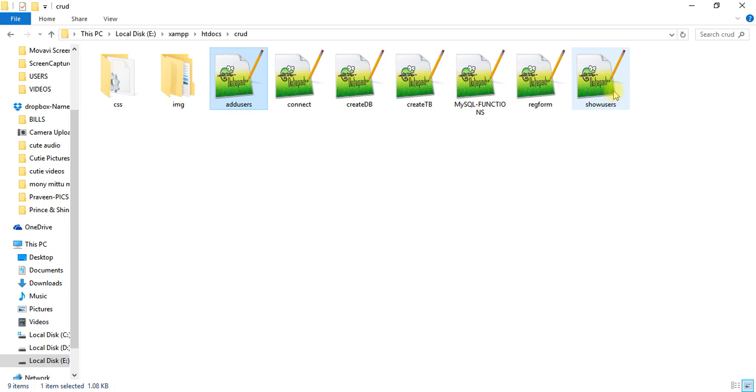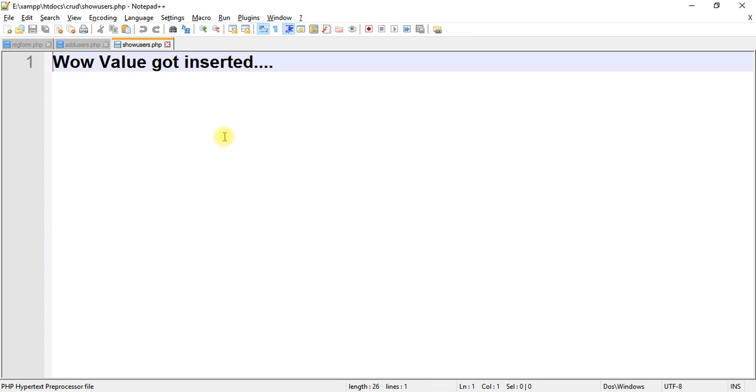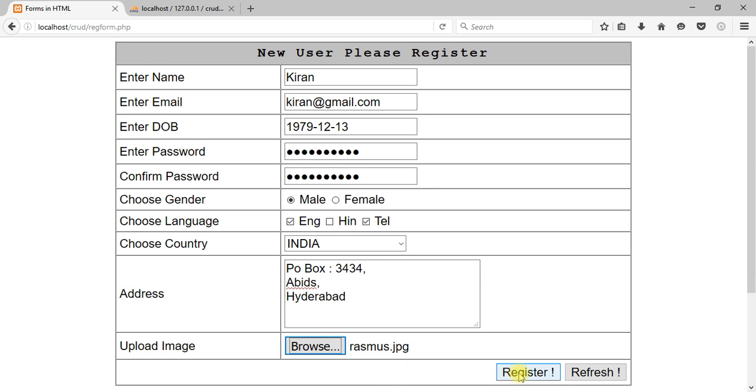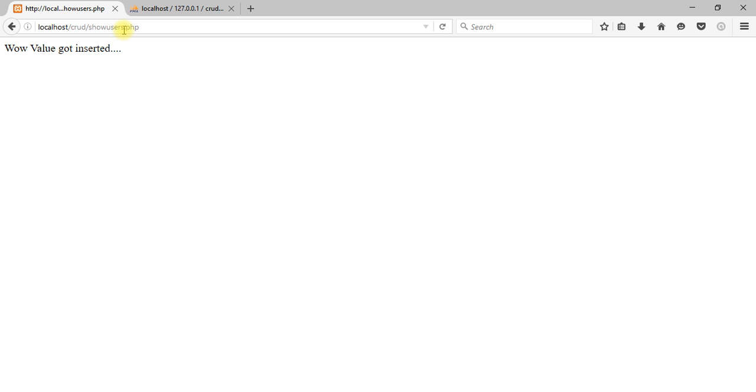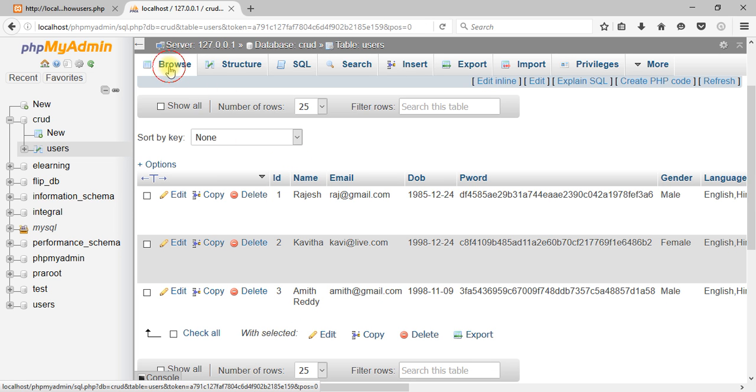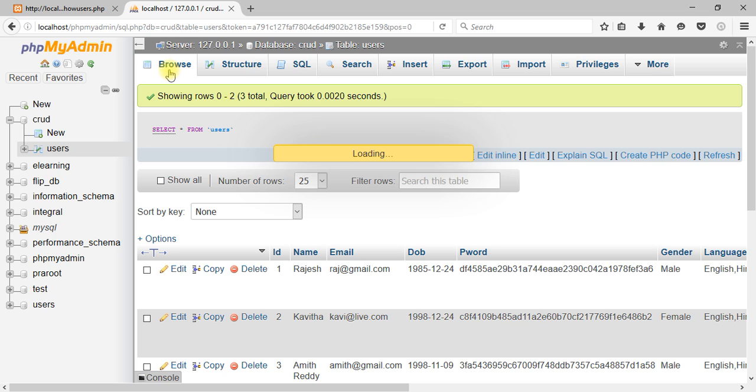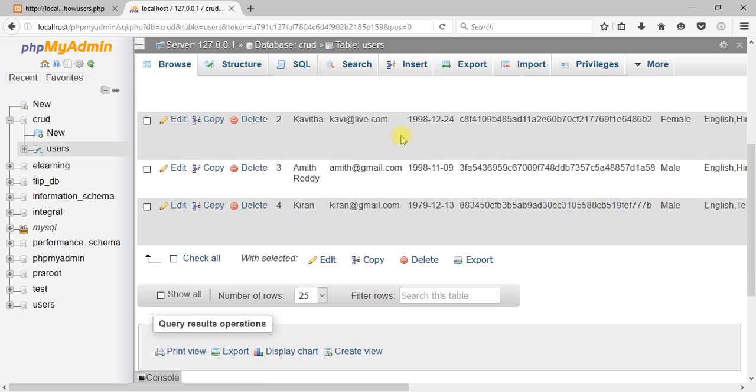So this is your show users. If the values have been successfully inserted, this is the content I'm going to see. So I'm going to register. It's saying you're in show users. Wow, values got inserted. Now you can browse it or refresh the phpMyAdmin tool, and you will see